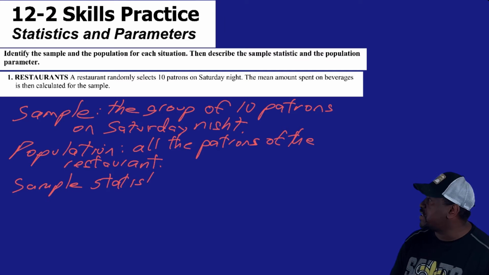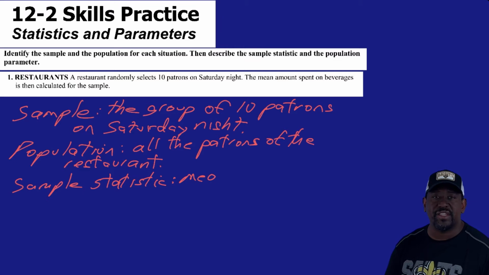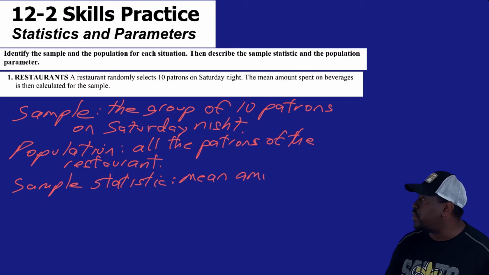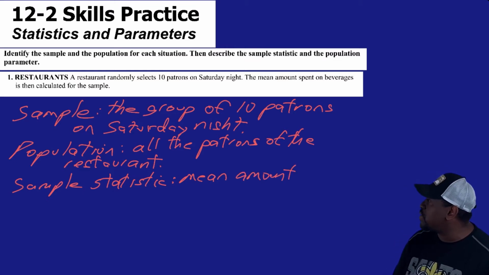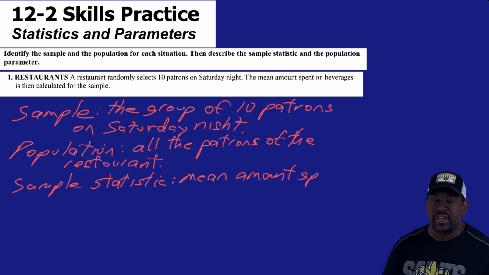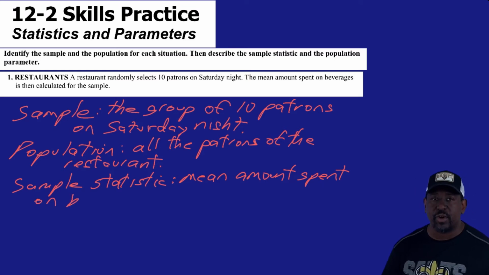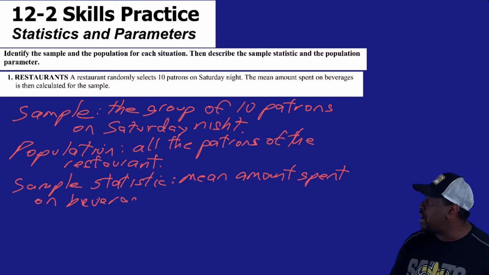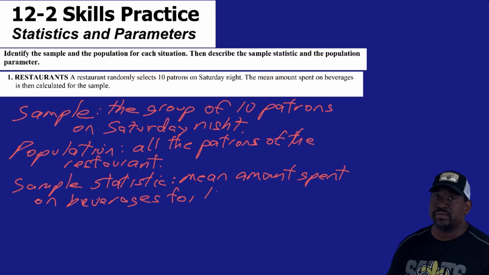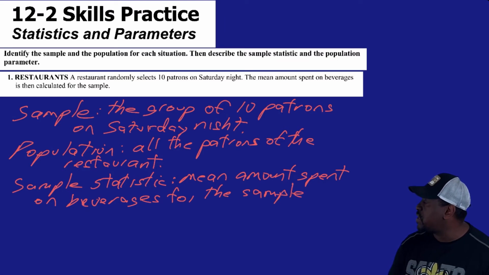The sample statistic here is going to be, what does that mean? Well, what we're looking at in this problem for that particular sample. So in this problem, we're looking at the mean amount spent on beverages for the sample group, which is the group of 10 patrons that are randomly selected. That would be our sample statistic. So the mean amount spent on beverages for that sample group, which I just communicated a few seconds ago. Now, the population parameter